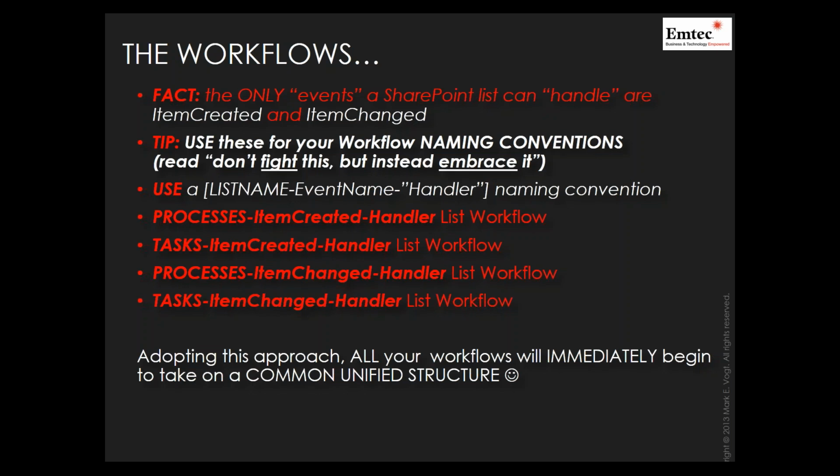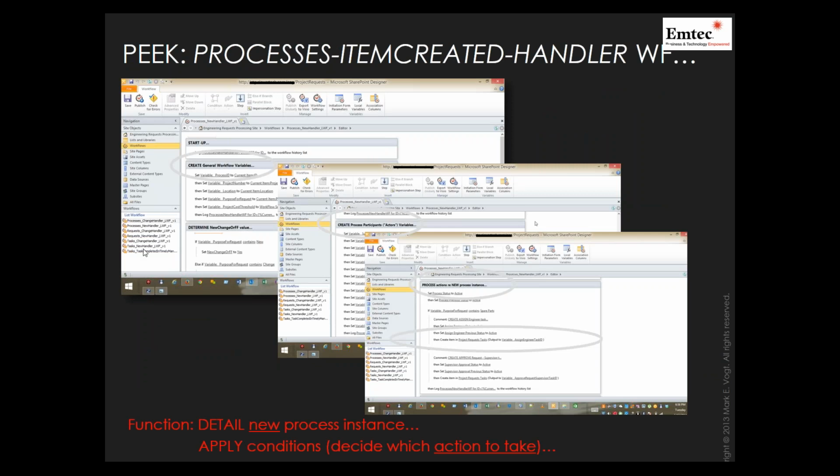So that when I look inside SharePoint Designer at a list of workflows, I'm going to start seeing a common set of list workflows here. An item, a processes item created and an item change one for the tasks for that particular process. And I start to see a very common naming convention that makes it easy for me to identify which business process I'm working on, with the list specific to that business process, the processes list or the task list, and then which event that I'm trying to go and trigger on. And you suddenly start seeing a very uniform approach to how you're actually reacting to all of the changes going on in any one particular process.